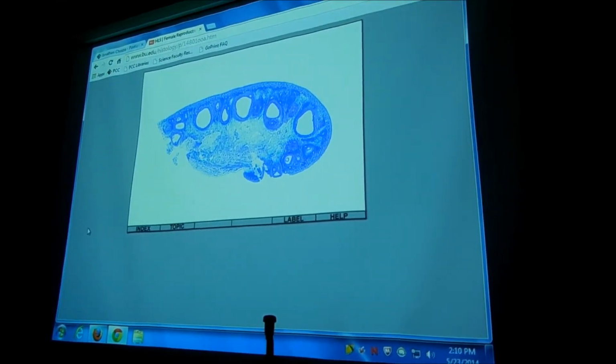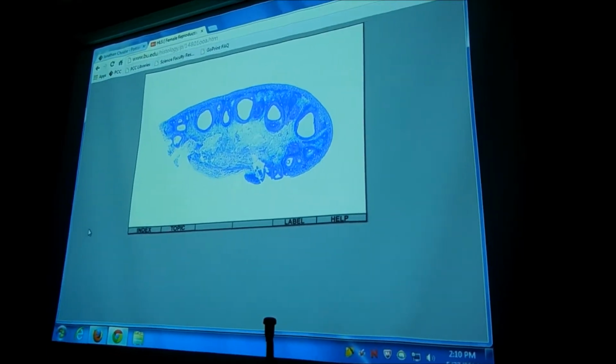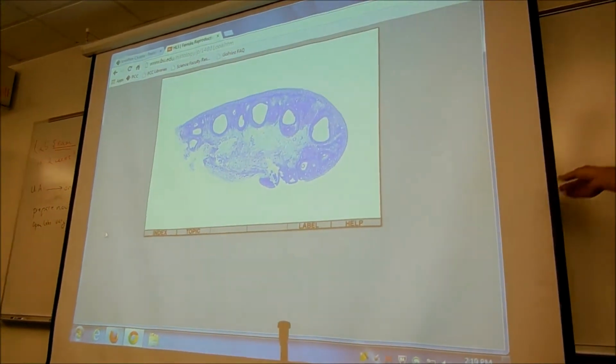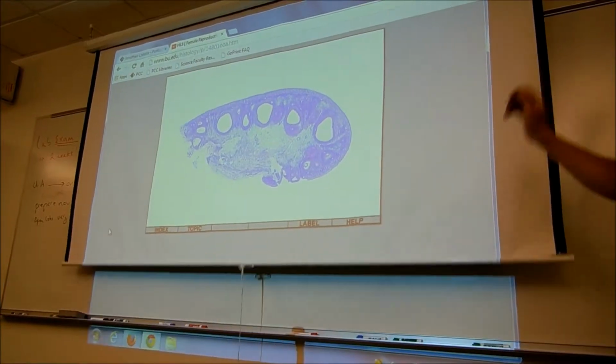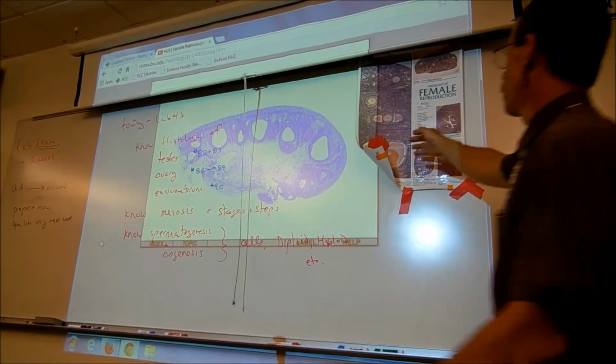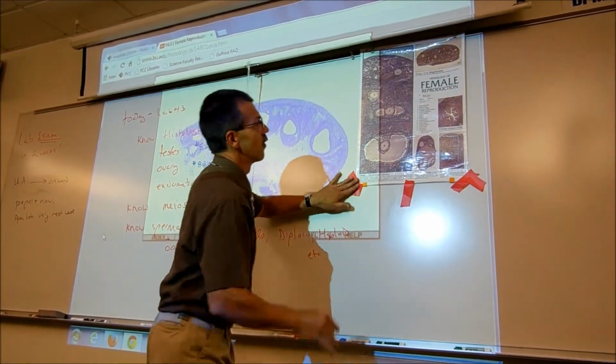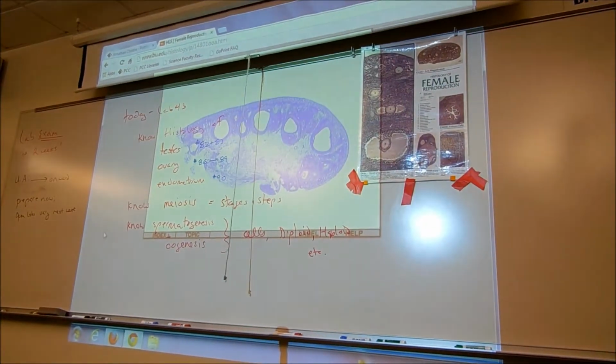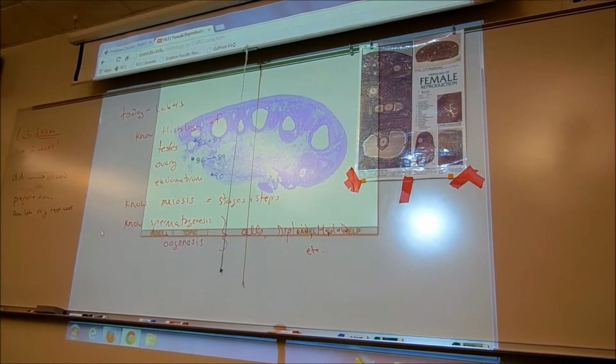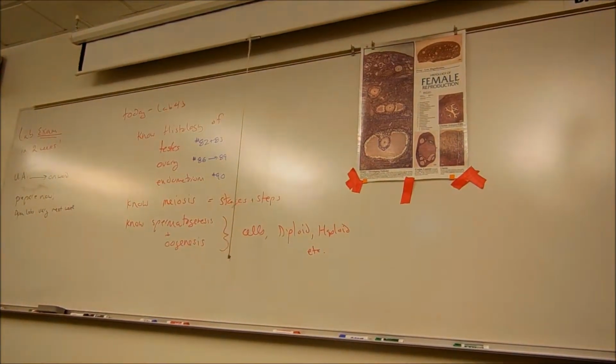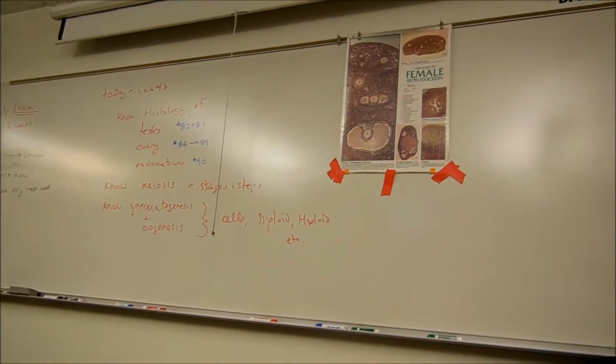So there was a poster behind this screen. Let me show you the poster quickly. You want to take a picture of this poster with your phone, because this poster will walk you through the steps you're supposed to see on the slides. I'm going to use the poster actually, and then I'll show you the slides. I know it's small to see, but let's go through it. So if you look at your list,